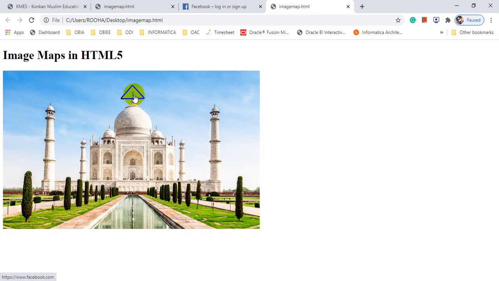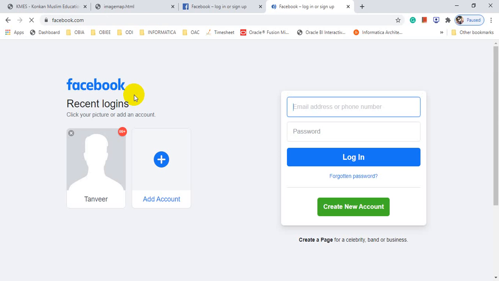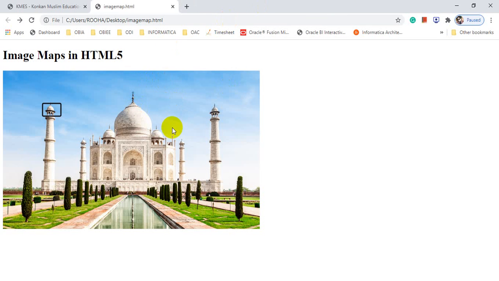When you click on that, your Facebook page will open. So this is how we can create different hyperlinks on your image. Creation of multiple hyperlinks on a single image is called image mapping.